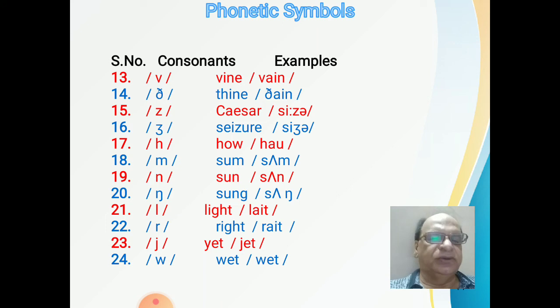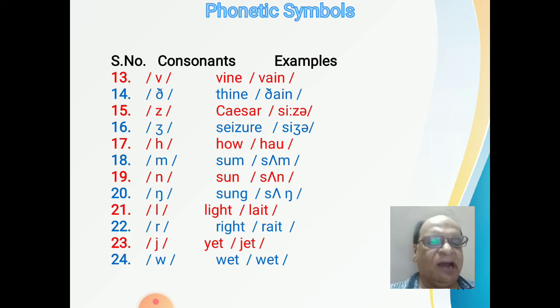15th, z sound, Caesar. And 16th is the j sound, seizure. Can you note the difference between the 15th and 16th symbols? Z and j. The 16th one has a bit of vibration in that. If you touch your throat like that when you articulate this 16th one, you will feel a sort of vibration. Seizure. This sound is again not there in Hindi, so it is difficult to pronounce for us. So let us practice this. Seizure. And this 15th one once again, Caesar, without vibration. Z sound. And this one is vibrating.